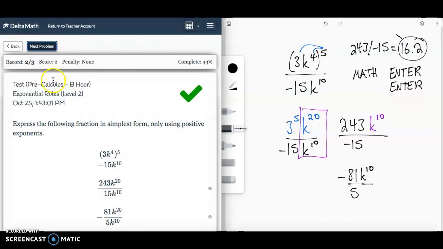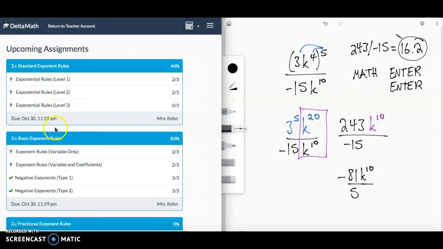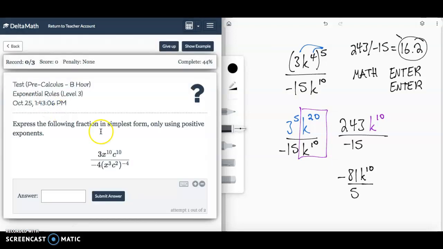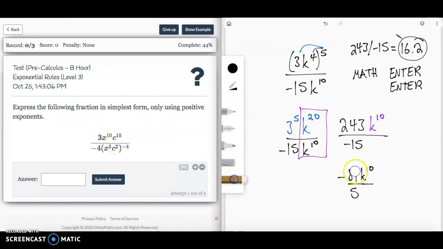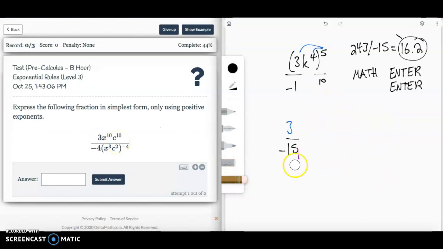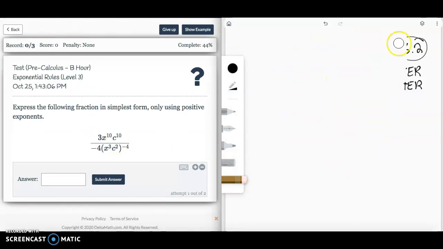Okay, cool. So that's how you do those problems. And now let's go back. I'm going to do some level 3, which is just going to be more steps. And so it's very important that you have, like I said, the scratch paper, because you want to keep track